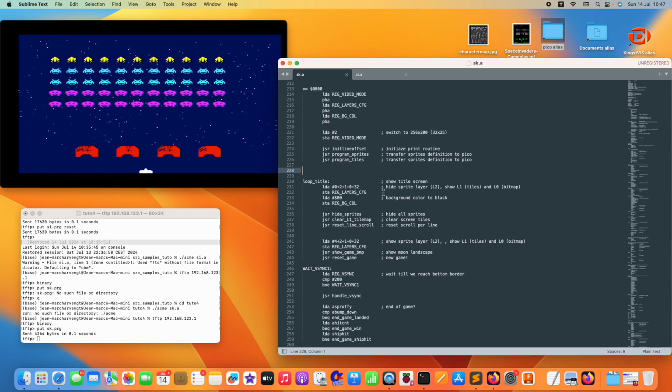So far we basically used the sprite layer for the Space Invaders. We use tile layer 1 for the star field. I also added offline the shield, so the shield over here is also on tile layer 1, the upper tile layer. And what I would like to show is how we can also display text in the tile layer